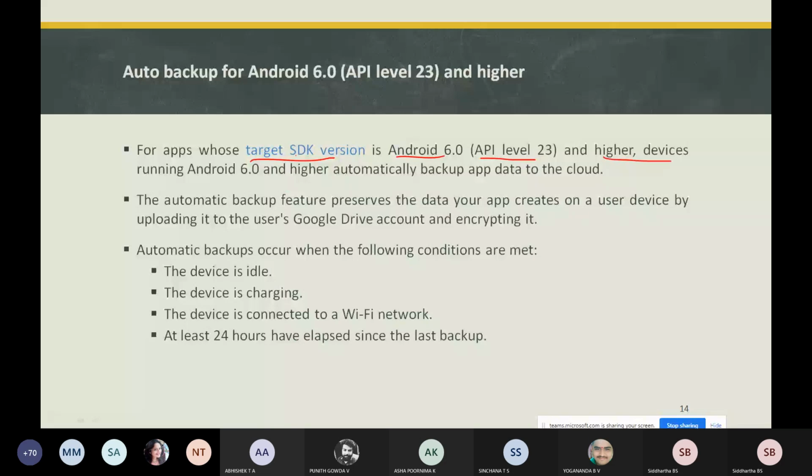Whatever data your application has will be backed up to the cloud. This automatic backup preserves the data of your application by uploading it to the user's Google Drive account and encrypting it.